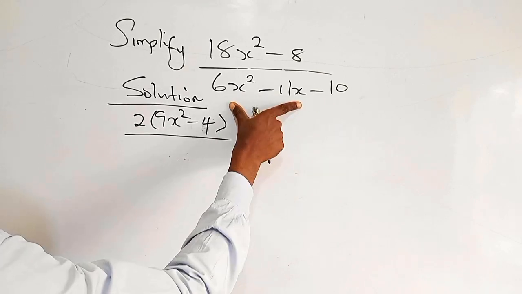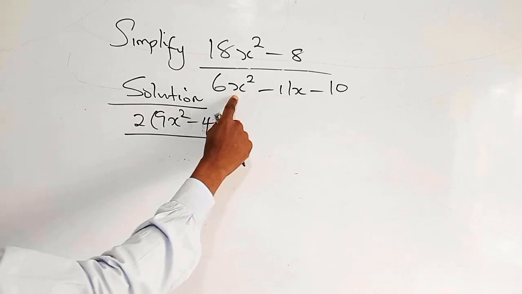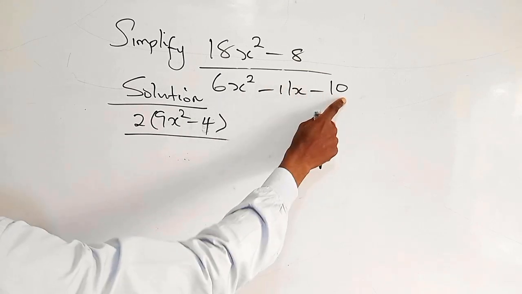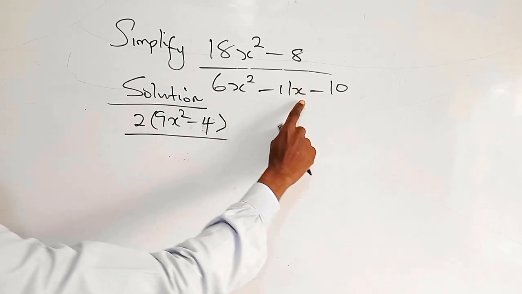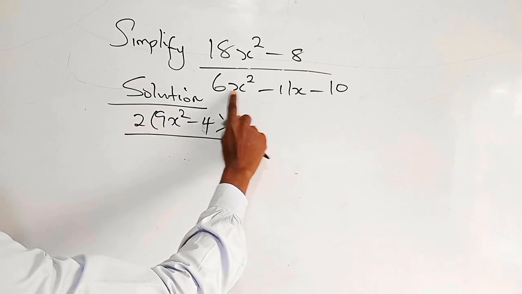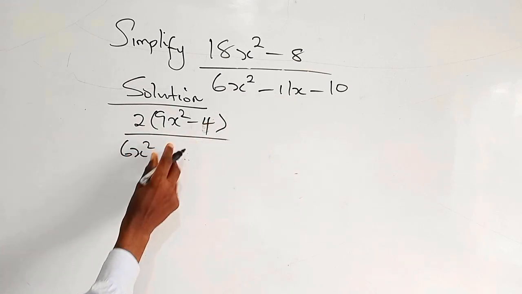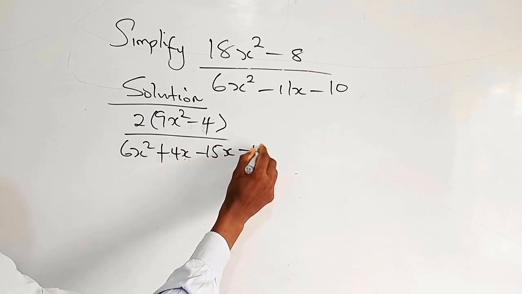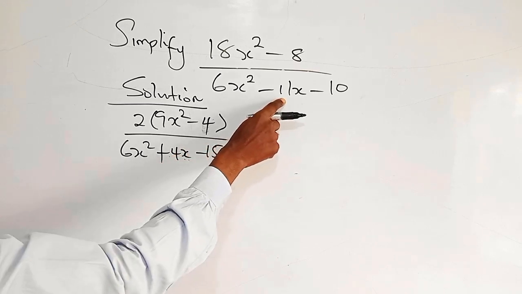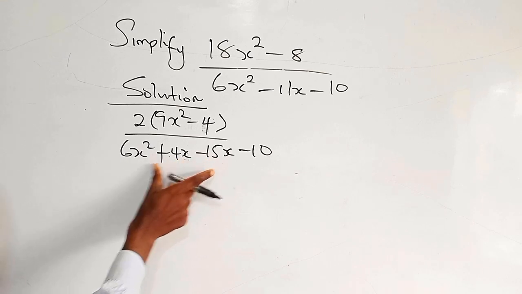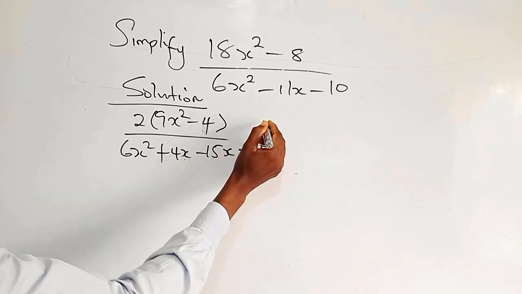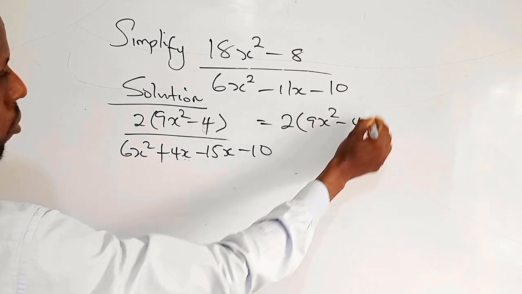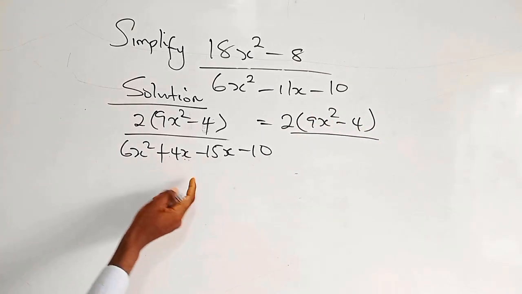It's a quadratic expression at the denominator as well, so you can factor it out. We have 10 times 6, that is 60, so we can use 15 and 4. I can write this as 6x squared plus 4x minus 15x minus 10. I still have it as 11x. 4 times 15 is 60. So from here, I have 2 into bracket 9x squared minus 4, divided by